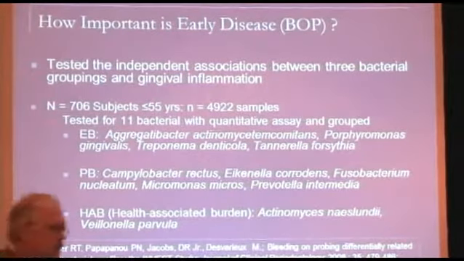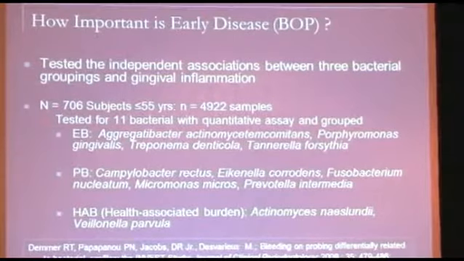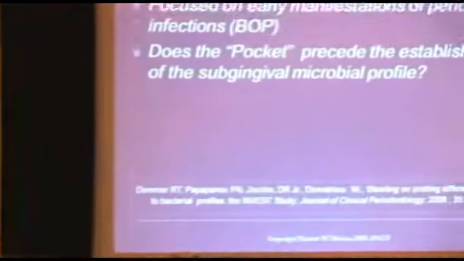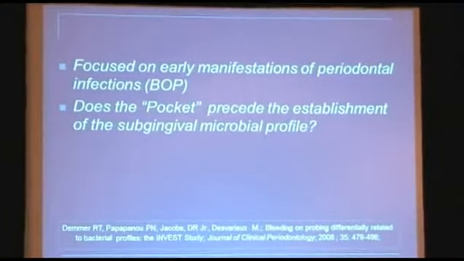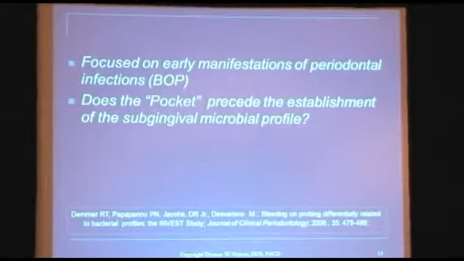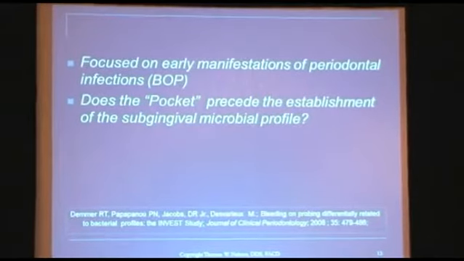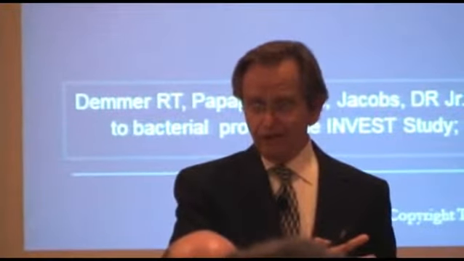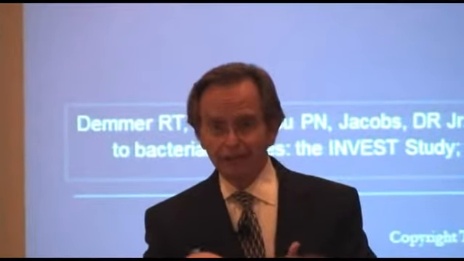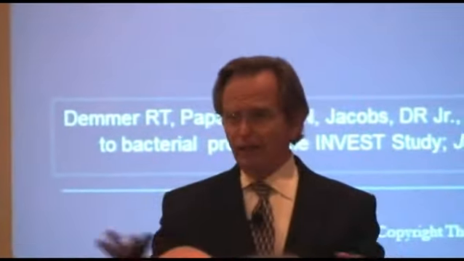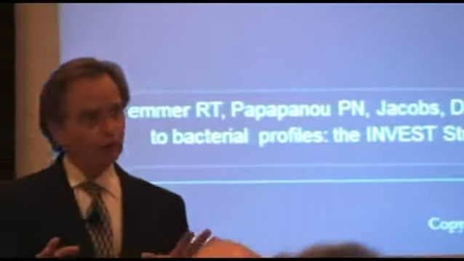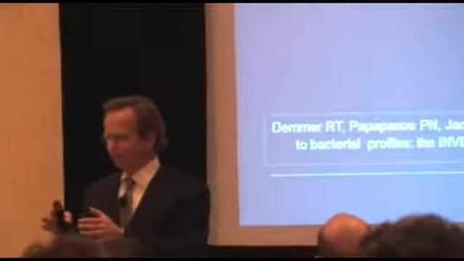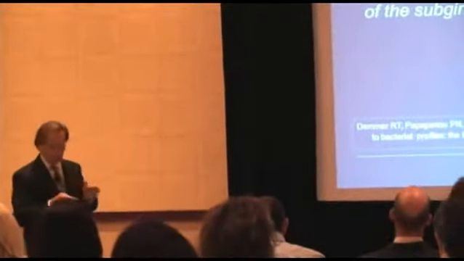This is really, really important because they looked at all of these bacteria in individuals that had 0 to 3 millimeters pocketing. And they wanted to find out, does the pocket precede the establishment of the subgingival profile, or do these bacteria actually cause bleeding on probing? Everybody understand there? Which comes first, the chicken or the egg? Does bleeding come first and pocket depth, and then does the pocket depth create an environment that establishes these high-risk bacteria, or do the high-risk bacteria actually come first and establish an environment that breaks down the connective tissue? This has been an area of debate for decades, and this study helps us to explain why treatment of early disease is so important. When we see chronic gingivitis as an example, it is a disease, and this shows why